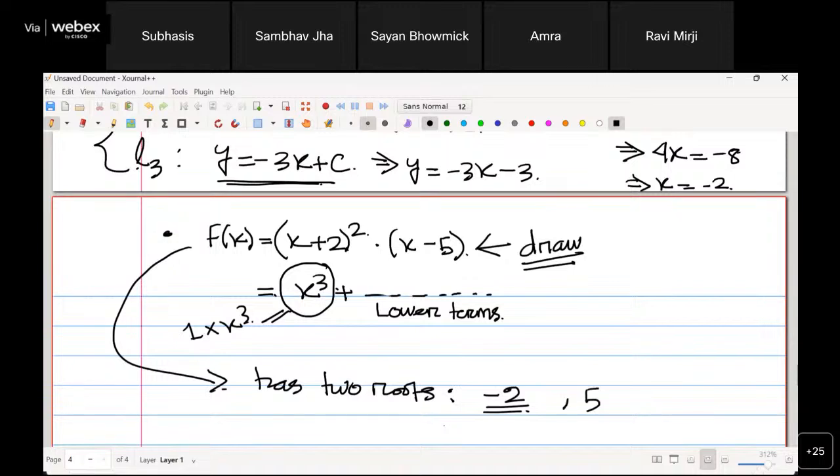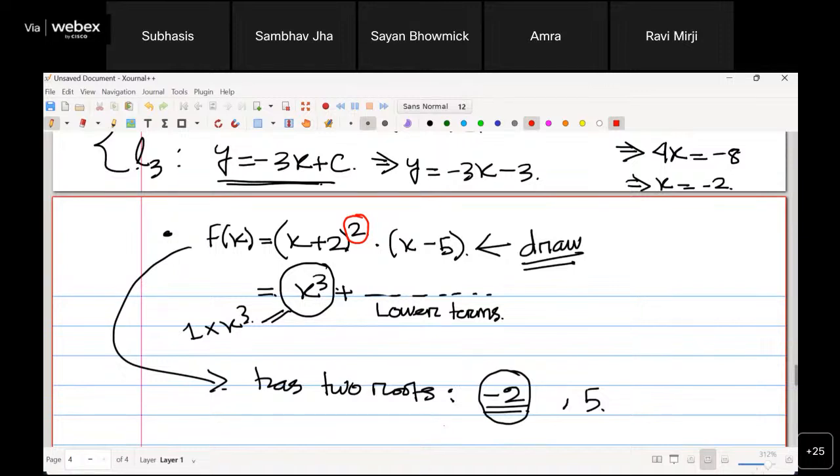Now there is a difference between -2 and 5. -2 appears twice, because you have a power 2 over here. So -2 appears twice. That means the multiplicity of -2